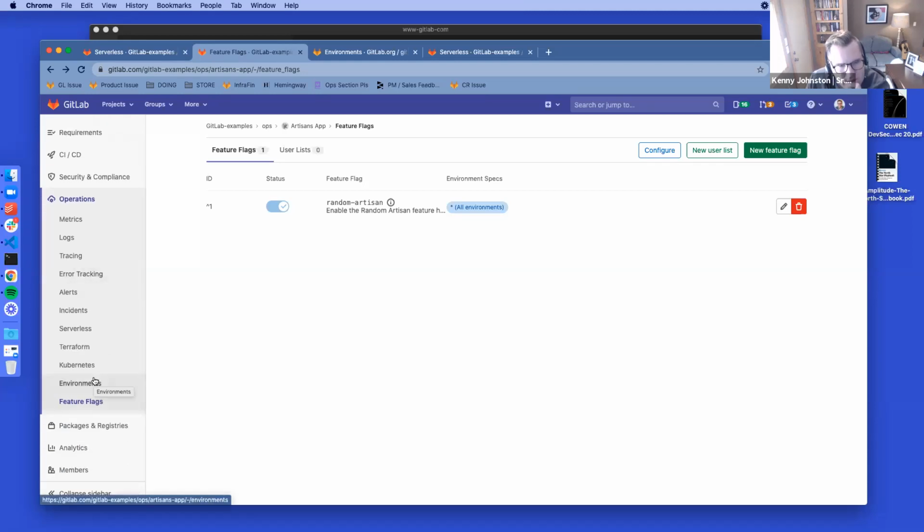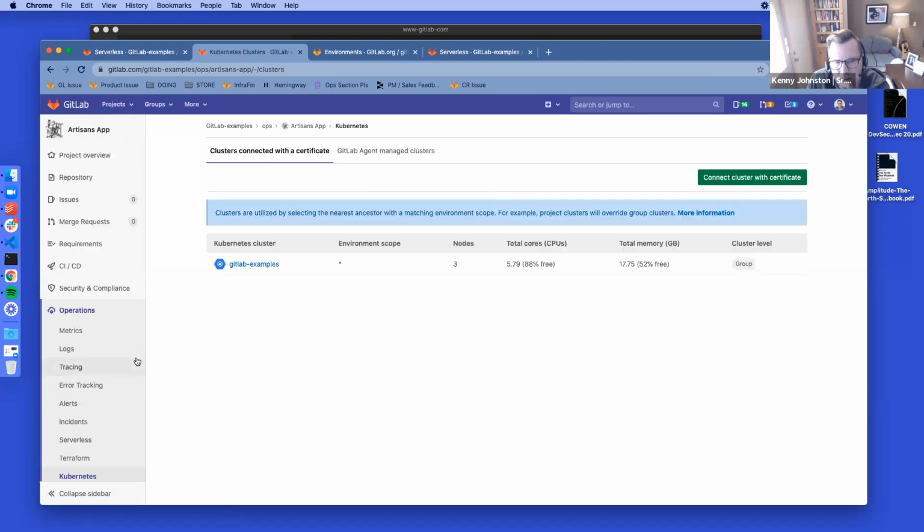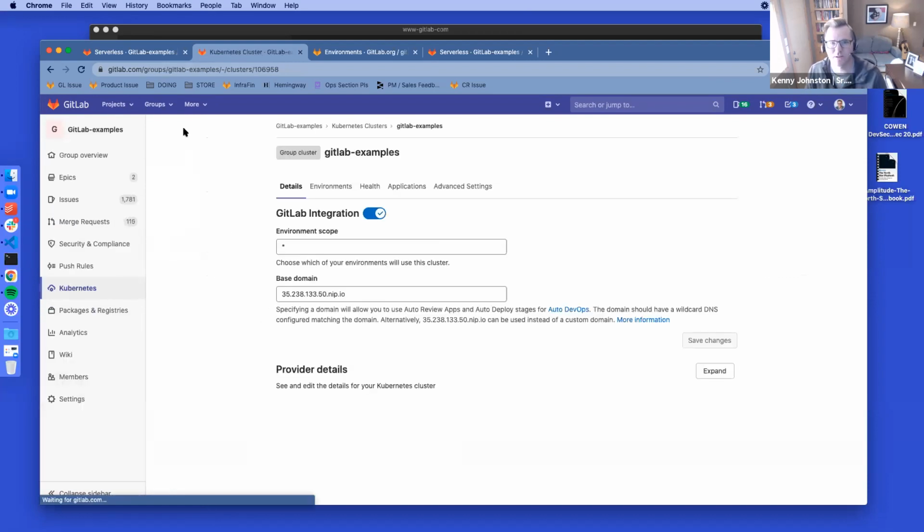What else? Oh, let's look at Kubernetes. So in this case, I have a cluster. Great, look, it's showing me super important information. I think this logo tells me that it's in GKE. It has the name of the cluster. Then it talks about environment scope. It never mentions that this is cluster number 106958, right? And I think this is probably a shining example of what I'm highlighting. In fact, I would never know when I was looking at this, had I not looked at the URL, what